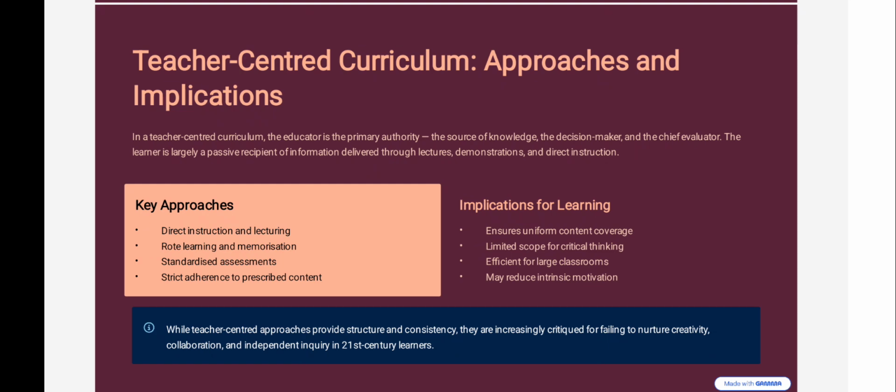Implications for learning: ensures uniform content coverage, limited scope for critical thinking, efficient for large classrooms, may reduce intrinsic motivation. While teacher-centered approaches provide structure and consistency, they are increasingly criticized for failing to nurture creativity, collaboration, and independent inquiry